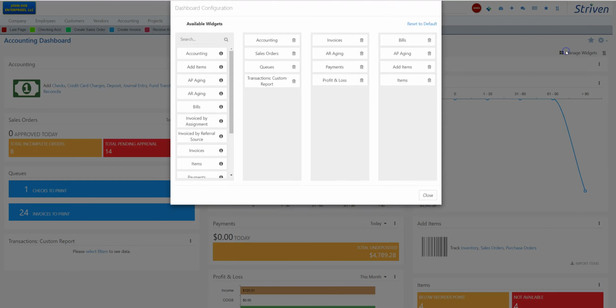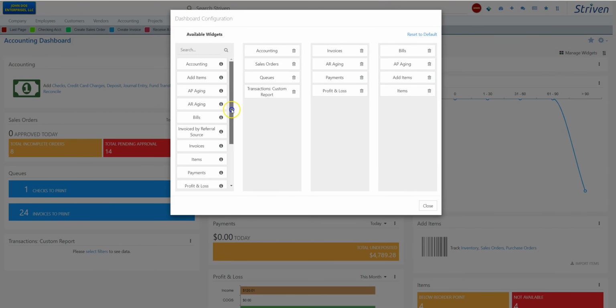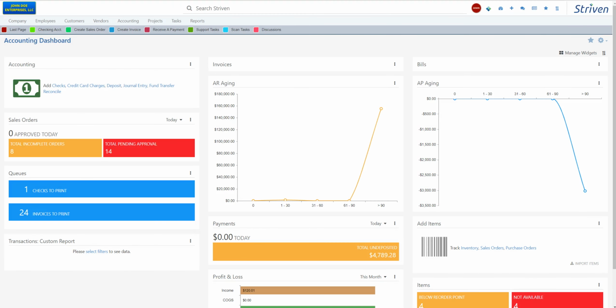They have something called widgets here, so all these pieces of information can be arranged over here. And that's all done at the employee level, so they can choose what they want to see and not see. So, Striven, all-in-one business management software, very powerful,